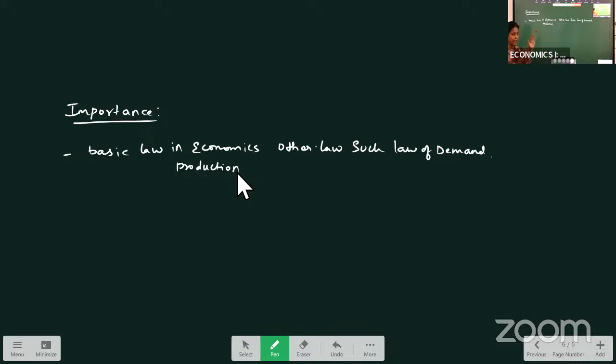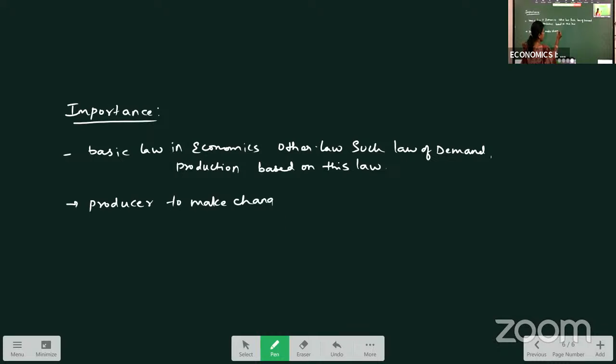So that way, here what we are studying is: the more the quantity, the less the satisfaction. Okay. So same thing, this is the basic law in economics, where other laws are based on this law. Production is based on this law. That is why it is important over here. And next point, it helps the producer. This law is useful for the producer to make